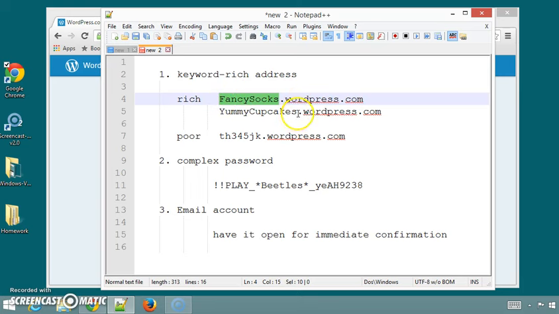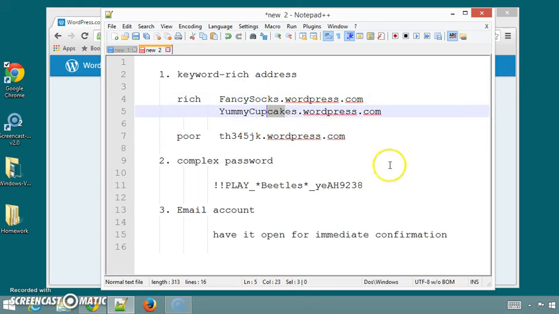of your website. Similarly, if you had recipes for cupcakes, then you'd want to make a keyword-rich address like Yummy Cupcakes or Yummy Cupcakes Recipes.wordpress.com. This will come into play in a few minutes. A not so great or a poor version of a keyword-rich address is if you just put in a bunch of letters and numbers. Google can't get any sense of what the nature of your site is based on this. And I mention Google because these keyword-rich addresses help Google position your site when people search for either socks or